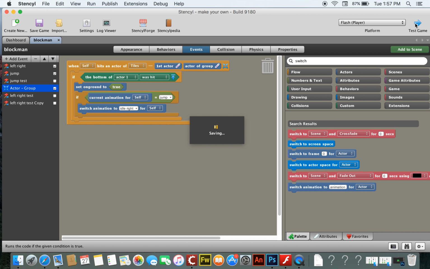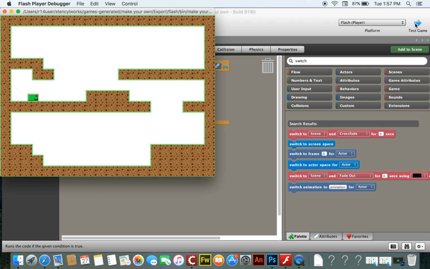So we test the game now. You will see that we now have a jump animation. So it's not that big of a difference in my example because I have such a simple graphic. But if you are artistically inclined and you want to have a character do some kind of